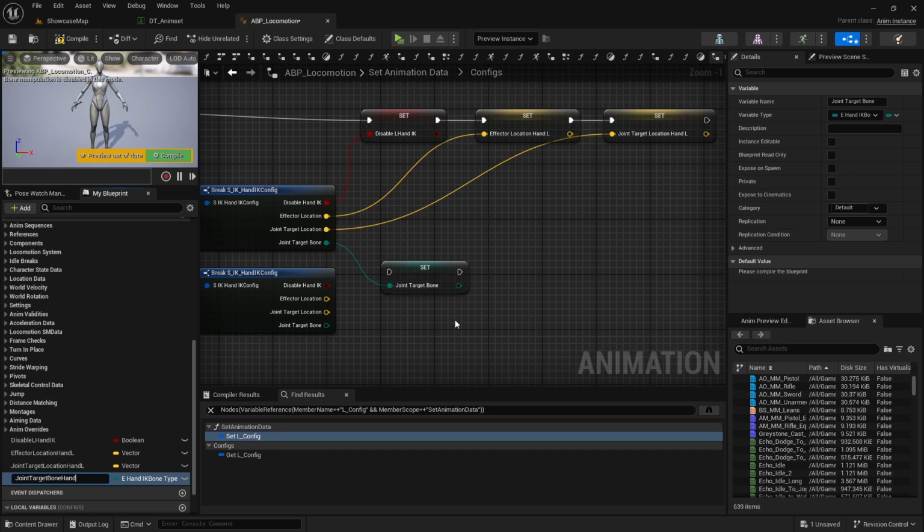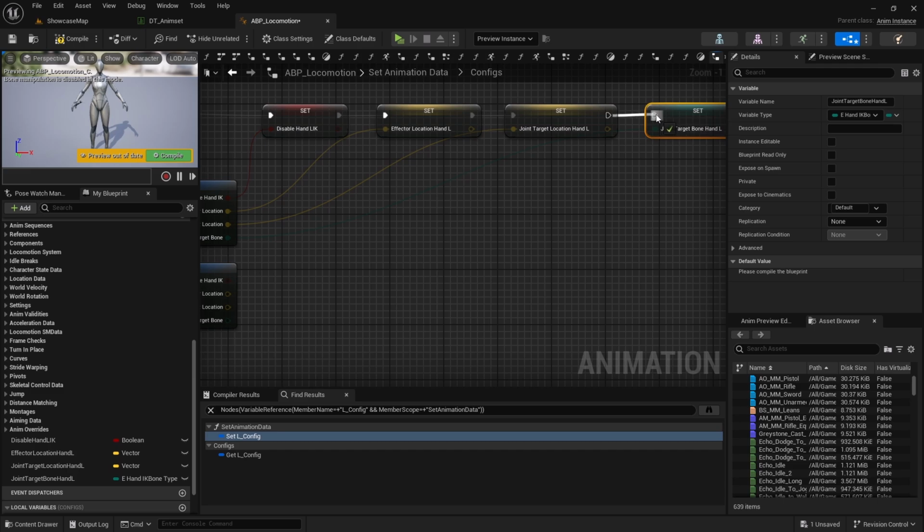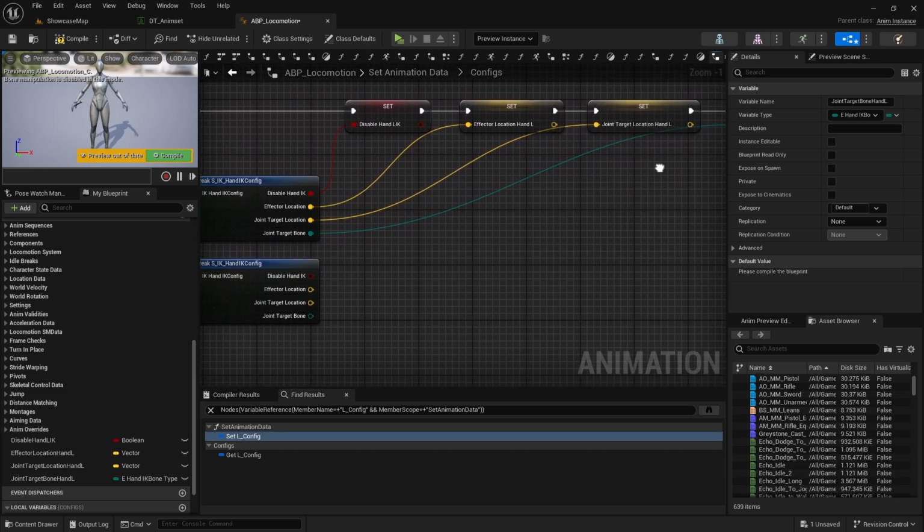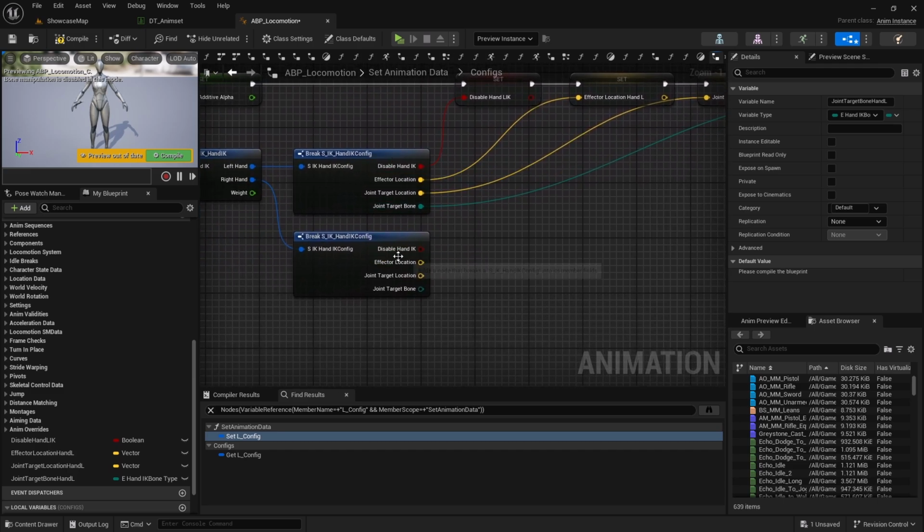And for this one, I'll make it maybe disable hand lik, right? So it's much more convenient, right? So those are for the left hand IK,